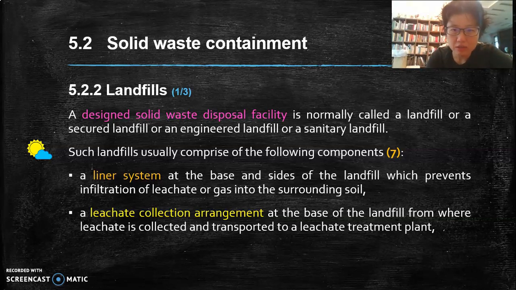So how are these solid waste disposal facilities being designed? Basically, there are 7 components here, and it's important to know. See this little symbol here? Good. Just in case when you go for your LI, or when you graduate, you may be working with, for example, the Southern Waste Management, these privatized companies that take care of solid waste, so it will be good to know, right? Okay, so the first component is the liner system at the base and also the sides